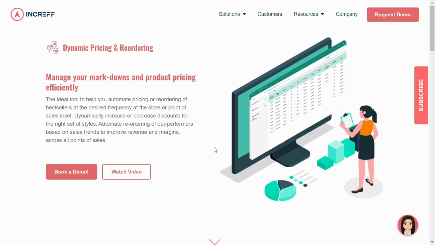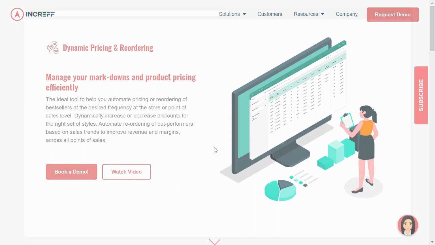True ROS is different from traditional rate of sale as it corrects for factors like unavailability or brokenness of a style. Other factors considered are age of the style, its cover in days, and faster or slower selling rates. By cleaning and optimizing your daily sales data and calculating true ROS, the tool is able to generate more sensible